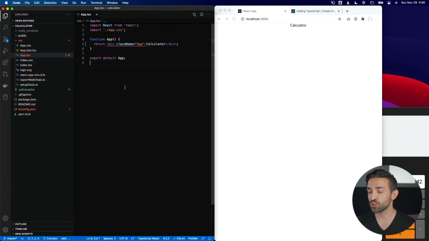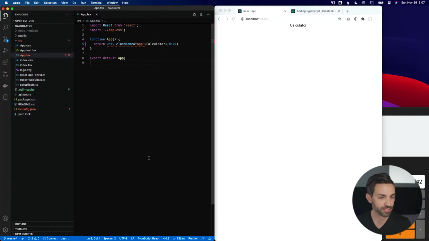So I'm going to leave the app component pretty lean here and call in a calculator component that will house this calculator as a whole. And then I'll probably create a button component